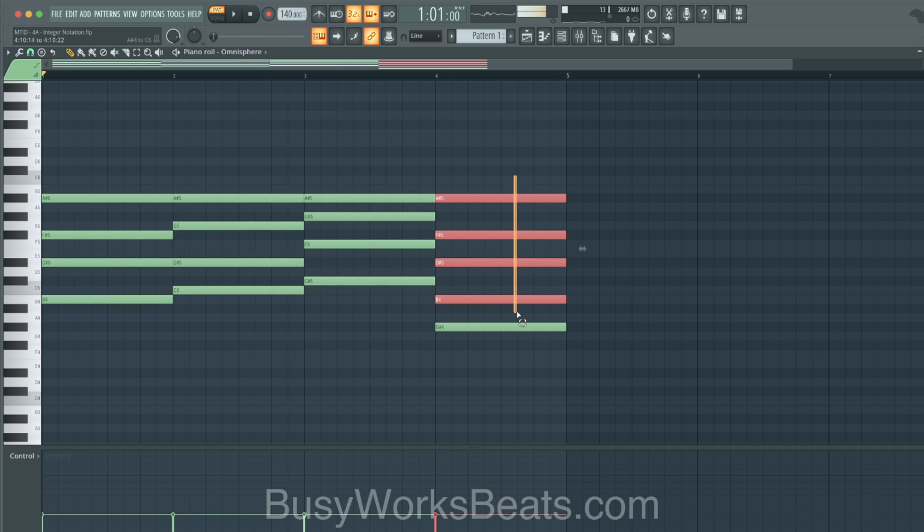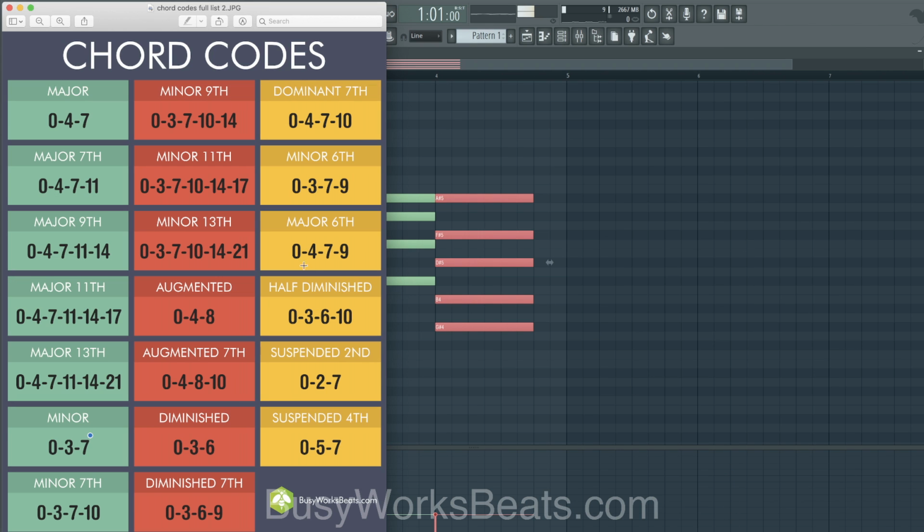Now I'll show you one more technique. Again, I'm not trying to make this video 1,000 years long because I might have to chop it up. Hopefully it's not too long already. But the next chord type we want to look at is a turnaround chord. And I'll wrap it after this video because there's a lot of notation to go through. But you can use any of these chord codes.